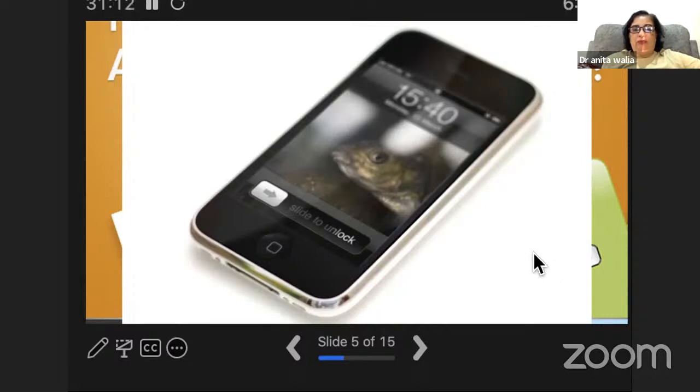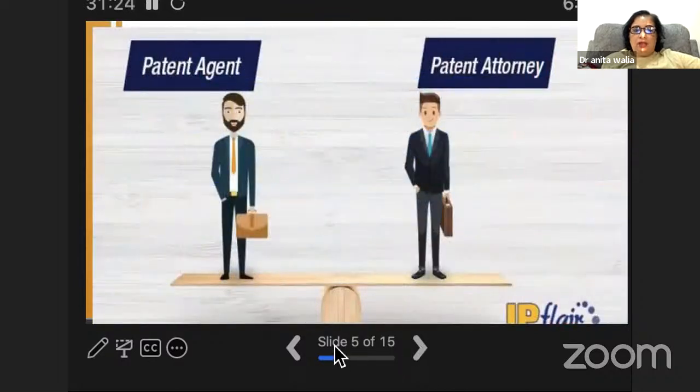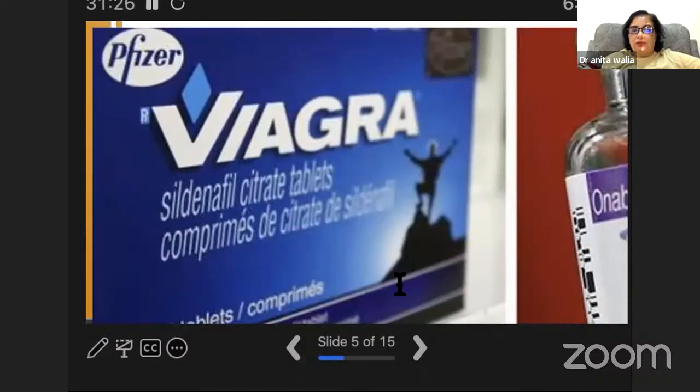They have taken permission to do this. Okay. Then again, Pfizer has a patent for the composition of a drug called Viagra. Then 3M came with Post-it notes for your desktop. That is also a patent. Velcro is also a patent.